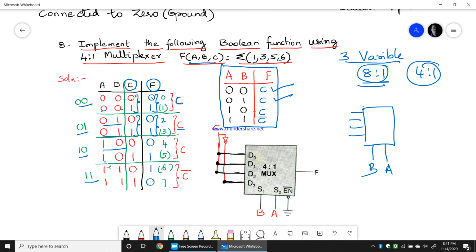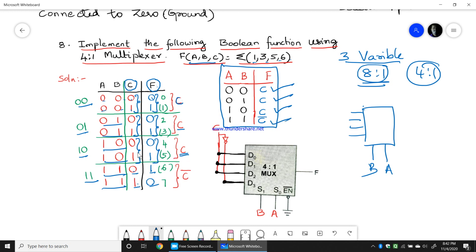AB is 1, 0 and 1, 0, C is 0, 1, F is 0, 1, therefore F is equal to C because both are equal. When I have the last combination 1, 1 and 1, 1, C is 0, 1, F is 1, 0. See, 0 became 1, 1 became 0. It means that I can write F equals C bar. Complement of C is what F is here in this condition.